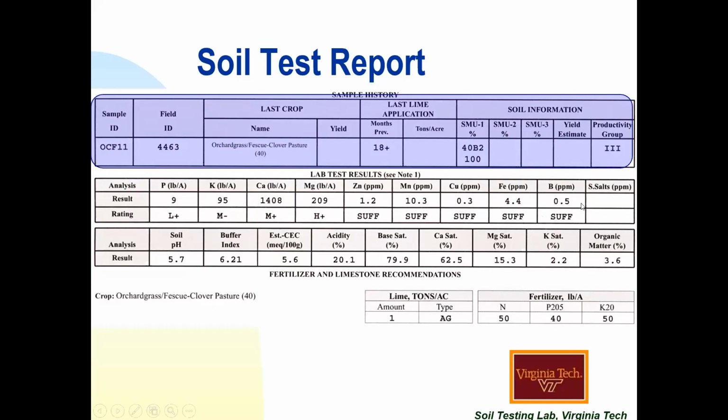And this SMU is the soil management unit. Depending on your soil series, it'll provide you realistic yield, or if a farmer actually keeps his own yields, he can provide that yield estimate. Some farmers are better than others. Some farmers will be getting higher yields on the same soil type, but a lot of farmers still use this soil series and the productivity group there.